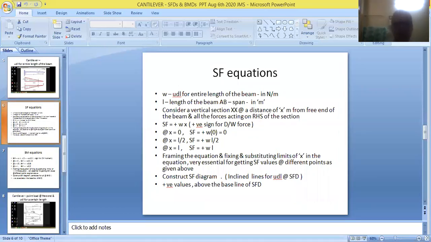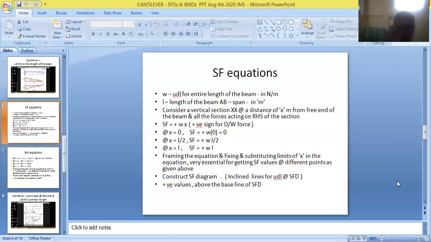So friends, all these things, just now we have talked about all these aspects. Small w for indicating UDL for the entire length of the beam, and a small l for indicating the length of the beam. And as usual, we are considering a vertical section at a distance of x meter from the free end of the beam, or from the right end of the beam, and we are taking all the forces